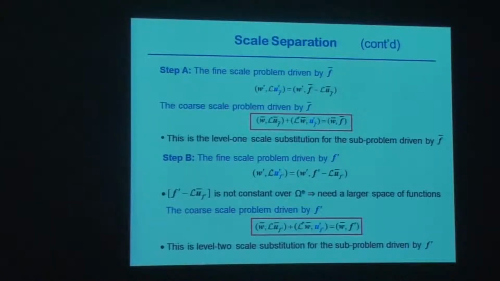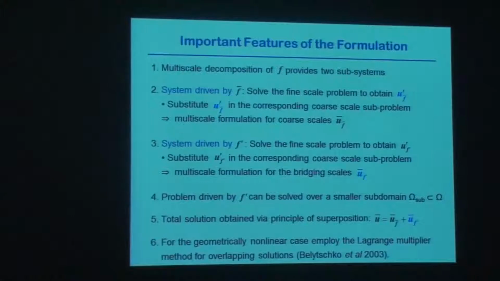so it means that we can localize these refined calculations only in certain regions of our computational domain. So this is our coarse scale problem, and this is our level 1 scale separation. This is level 2 scale separation, and now I'm going to show you results with both of them. So, important features of this formulation,